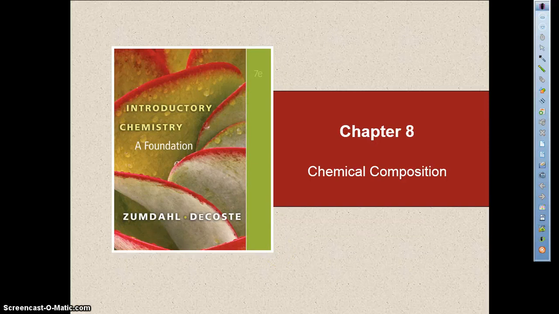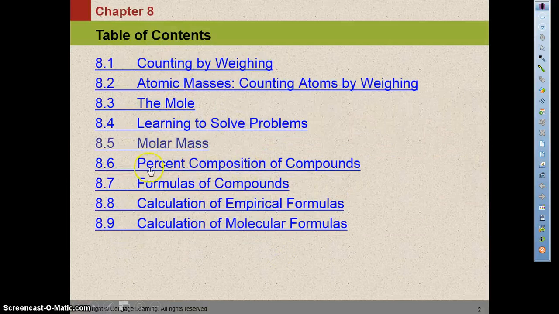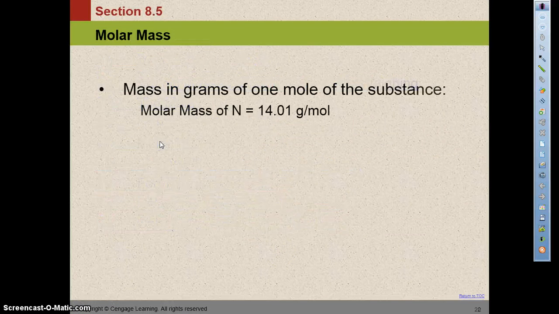The next logical step in chemistry is to look at molar mass, and that's what we're going to cover today in section 8.5. By definition, molar mass is the mass in grams of 1 mole of a substance. So this information, for example, the molar mass of nitrogen, is what we receive from the periodic table. So you look up nitrogen, you look at the mass on it, and it's 14.01,